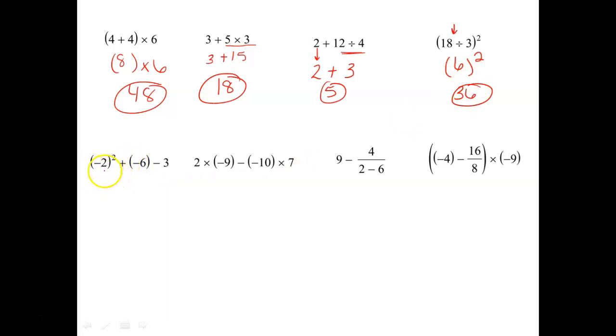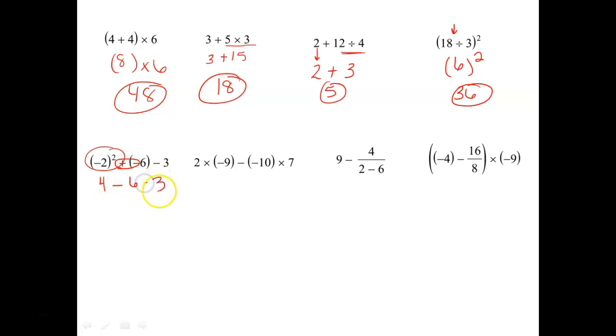All right, next we have parentheses, but there's nothing to work out inside of those parentheses, but we do have an exponent, so let's do that one first. -2 squared, so that's -2 times -2, that's +4. Now, what we've always talked about is if you see a plus and a minus side by side, what is it? A negative. So it's now a